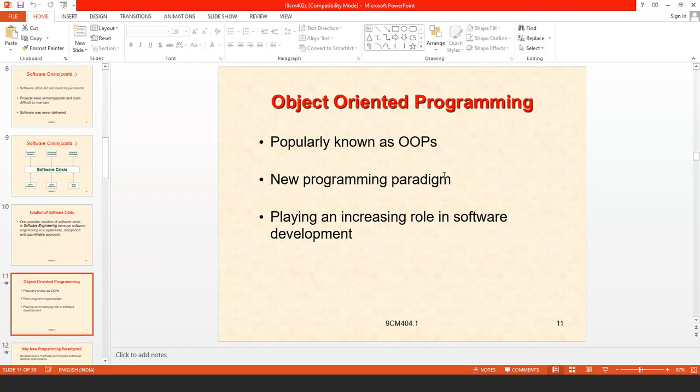The first topic in that subject is the software crisis, because the software crisis arises from the evolution of programming paradigms. So we discussed what the software crisis is and what the solution for the software crisis is.